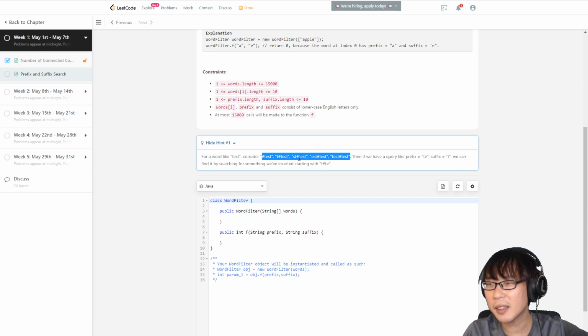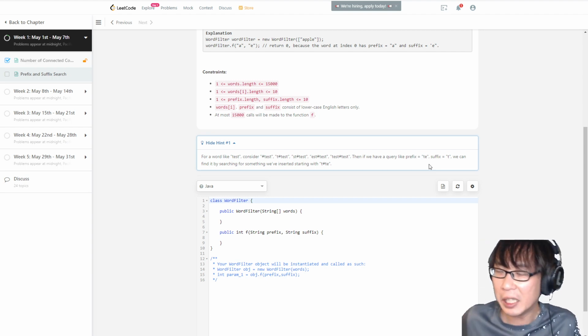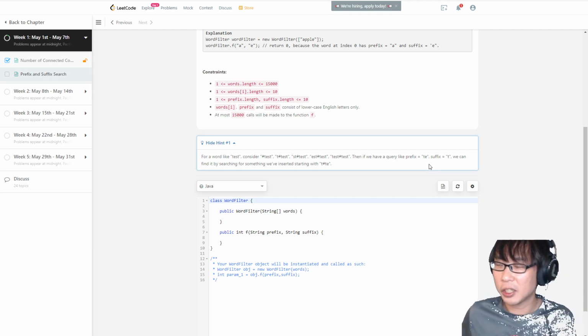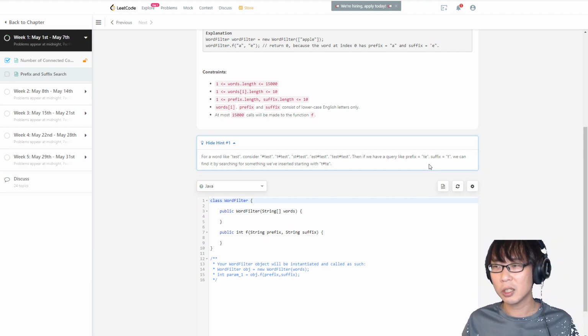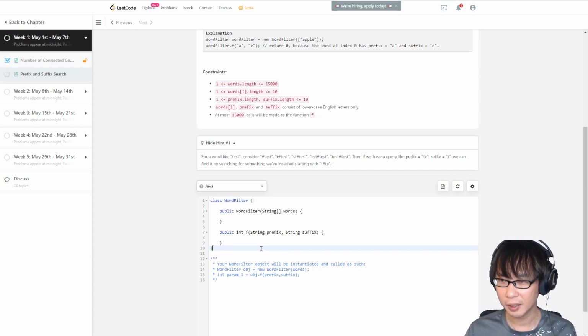Hold on, don't tell me that this is not going to do a trie. We are going to do a trie, right? But after we have the trie, if we have a prefix "te" and we have a suffix "t", and then we combine the suffix to the "te", so we will have something like,